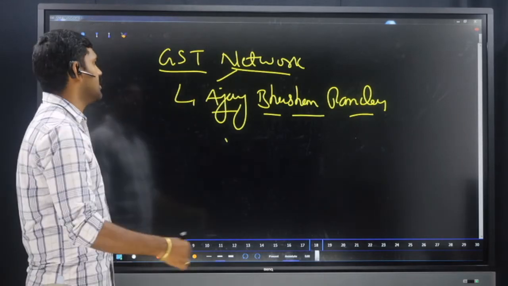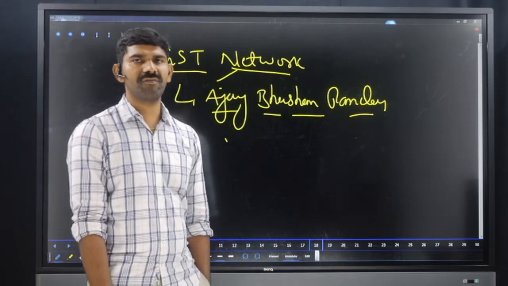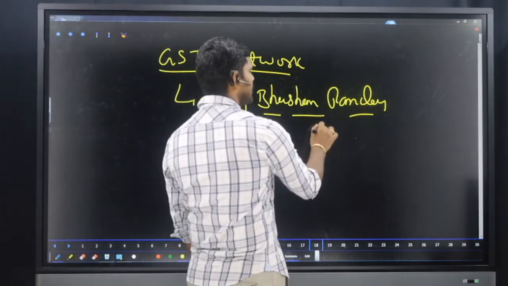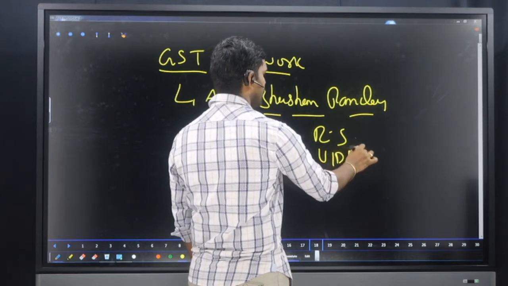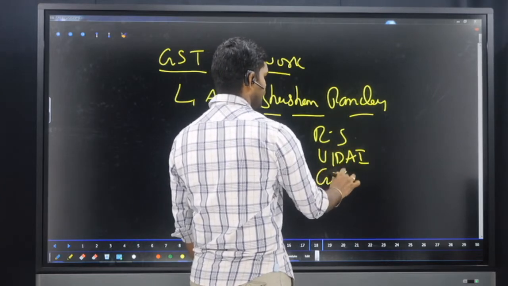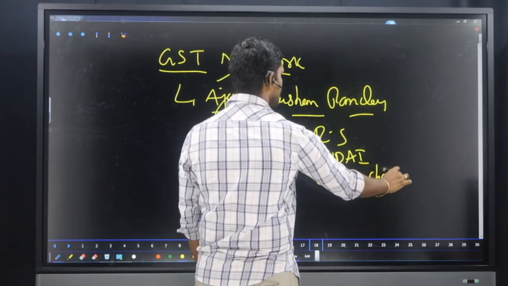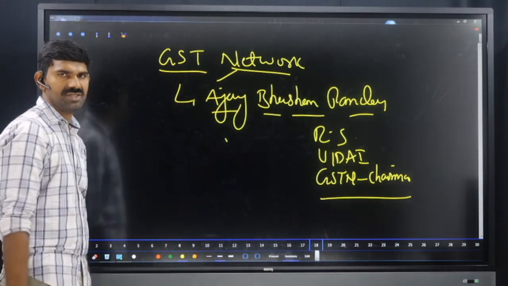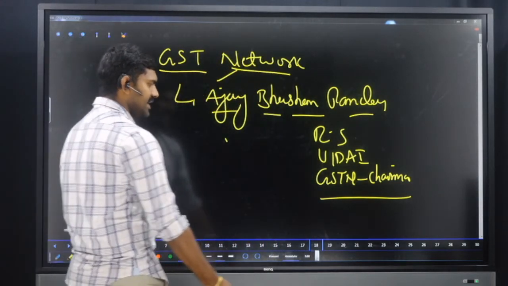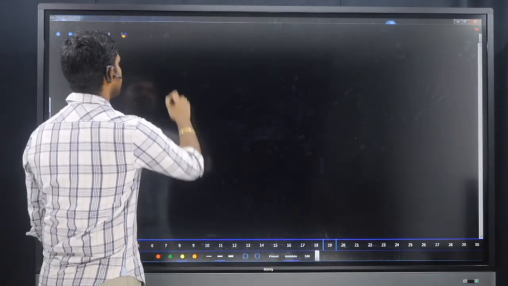Ajay Bhushan Pandey, a very important person, is the Revenue Secretary to the Government of India. He is not only the Revenue Secretary, he is also the UIDAI Chairman and the GST Network Chairman. So GST Network is very important. And the next one, we have something called GST